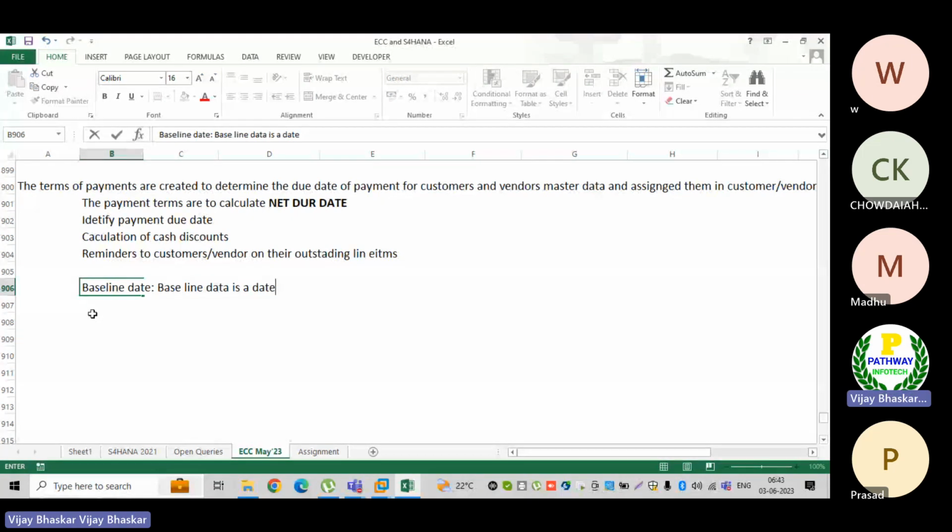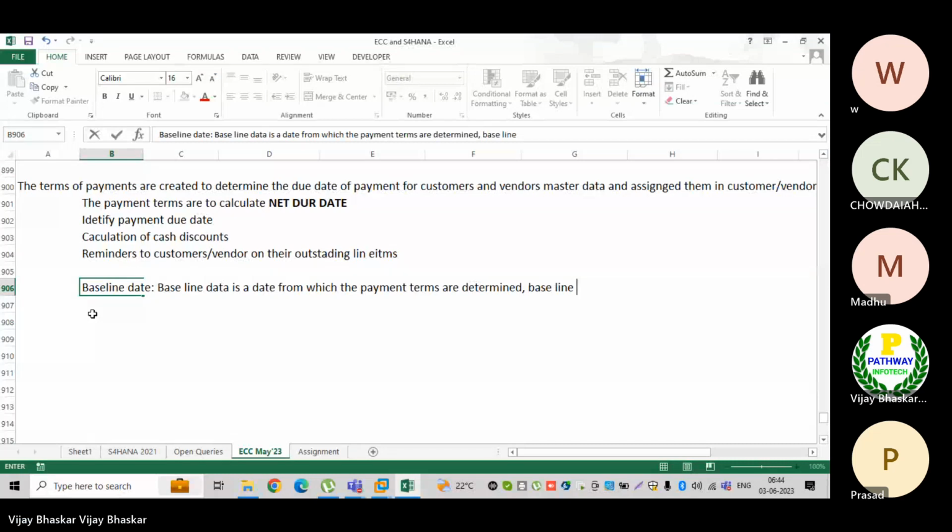Just remember, for your information: the baseline date is the date from which the payment terms are determined.